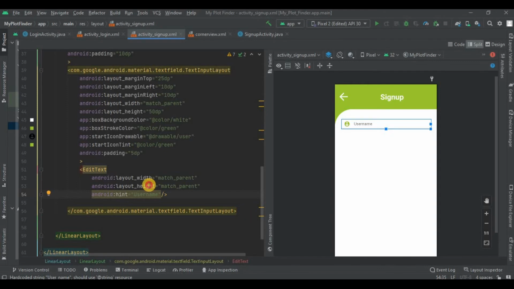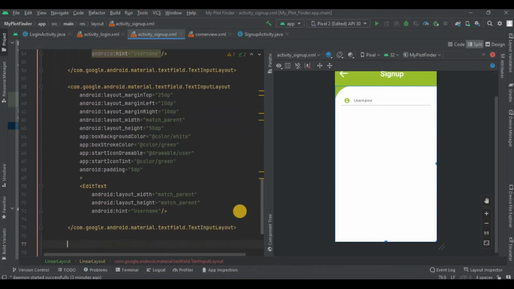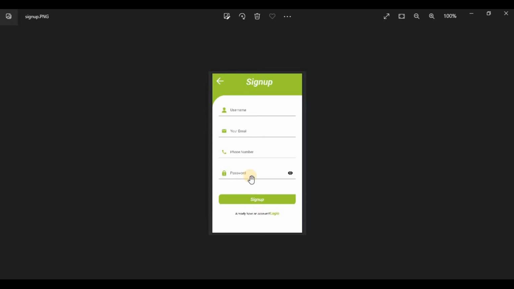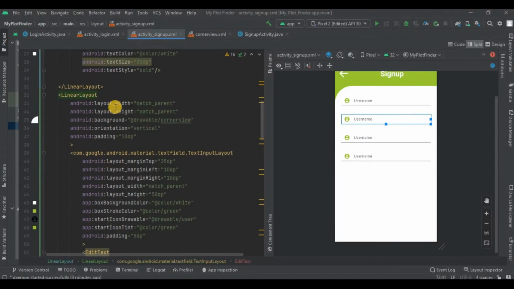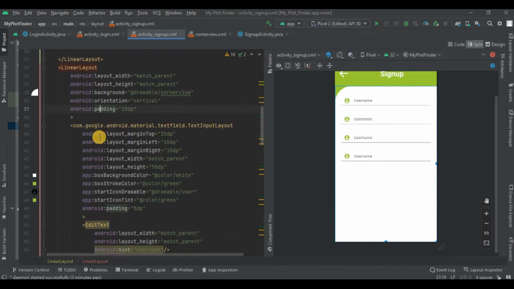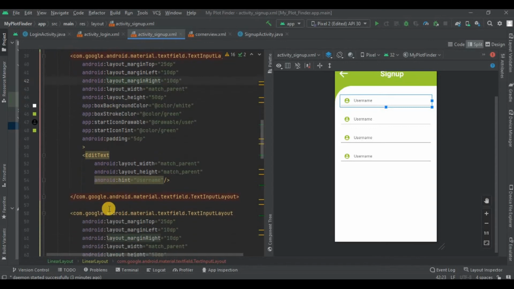So copy this and paste it 4 times, 2, 3. So it will be enough. You can see here that there is a margin between all the text input layouts, so we have to give this margin. So you can see here that if I click here, its padding is 10 dp. If I find the text input, its whole text input, then I click here,